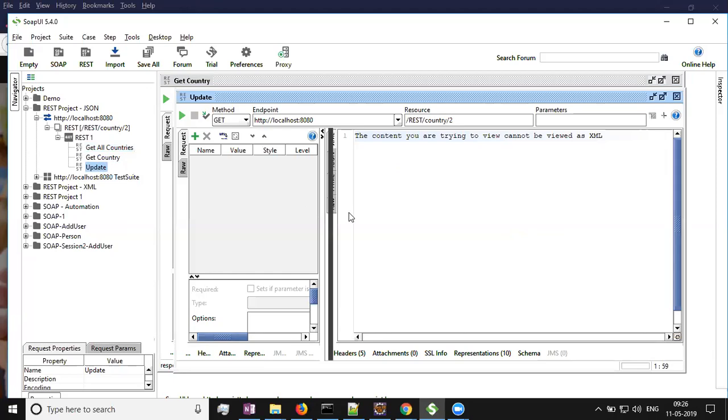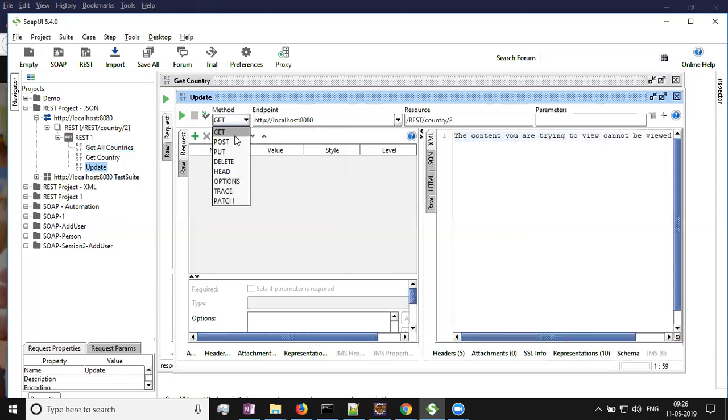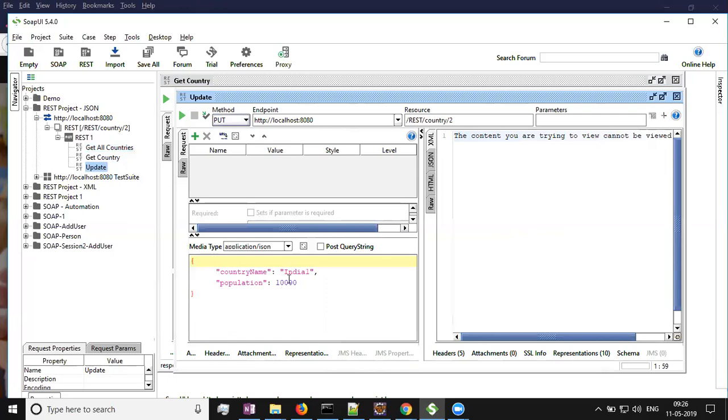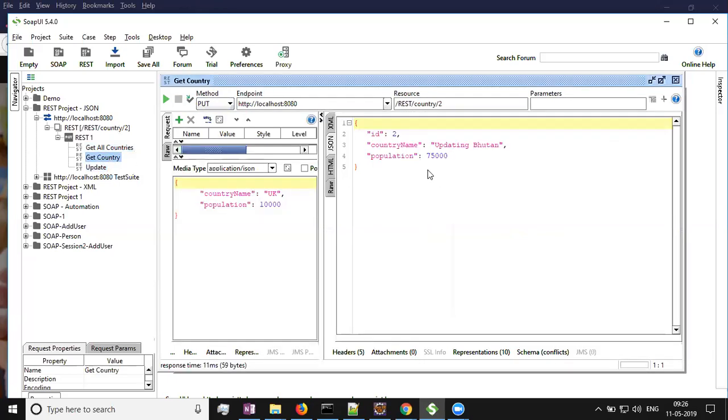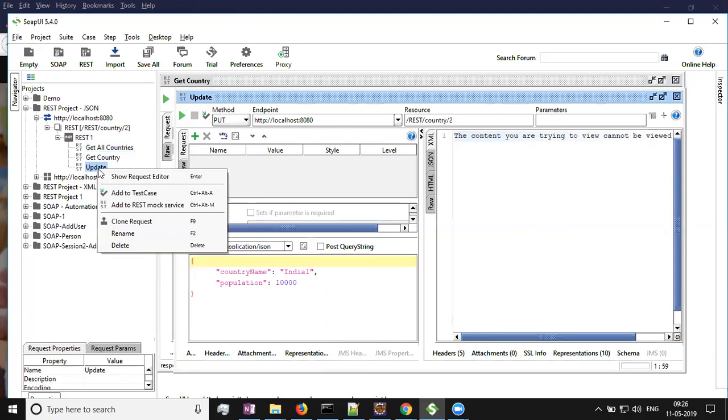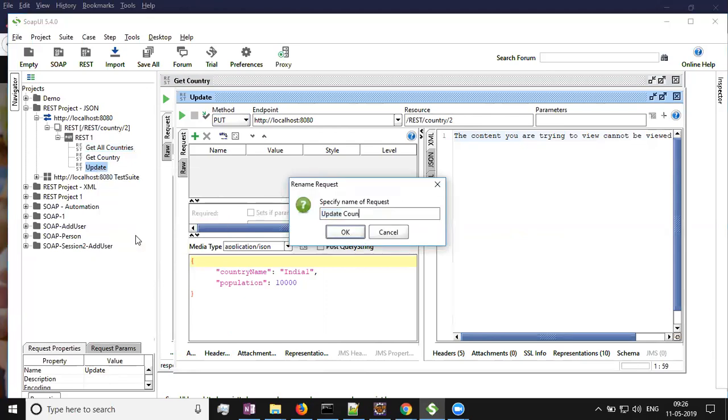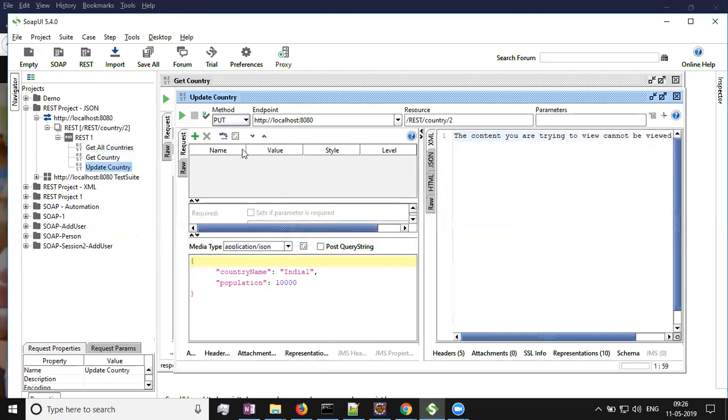Now let's try to do an update. In the update, I have to say put, right? So the one with the ID, okay, so this is the, let's update Bhutan again. Update, I'll call it rename update country, right? So I'll put again, I'll specify this here. So my method is put. Here the URL will be countries, countries, right? And here Bhutan 100, I'll make it